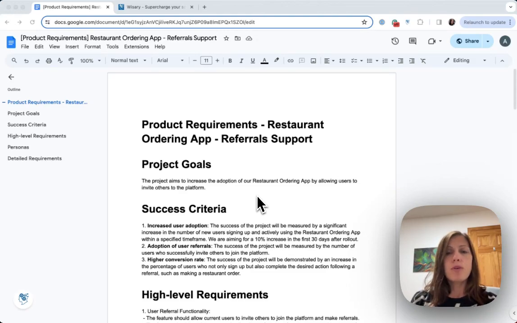Hi, I'm going to show you how I can use Wisary to better communicate with the engineer team. So let's say we have a restaurant ordering app and we want to build a functionality that allows users to refer others. And I have my product requirements document, and now I need to know how long it is going